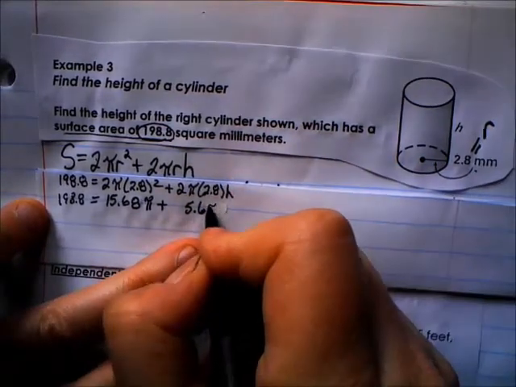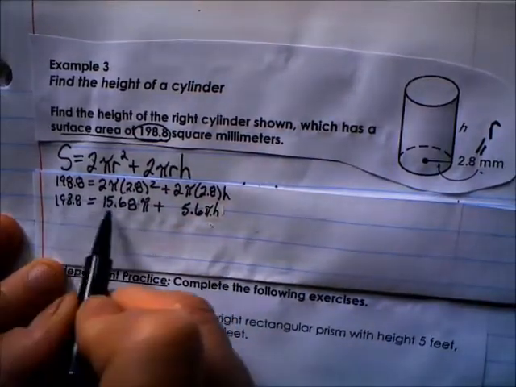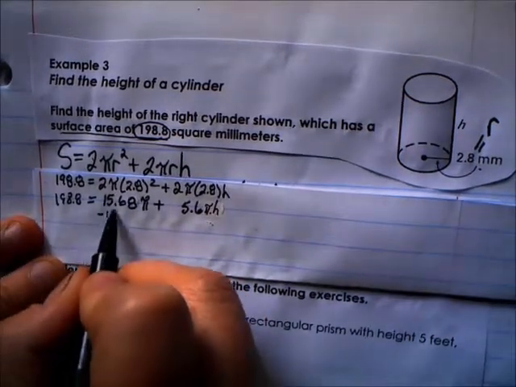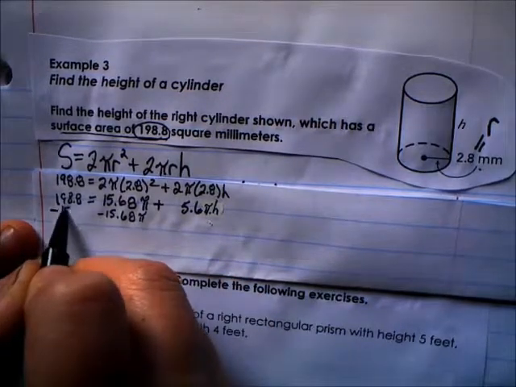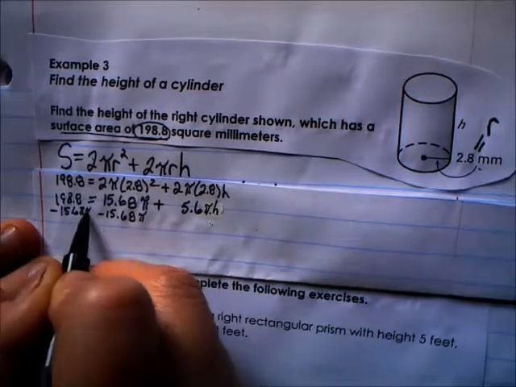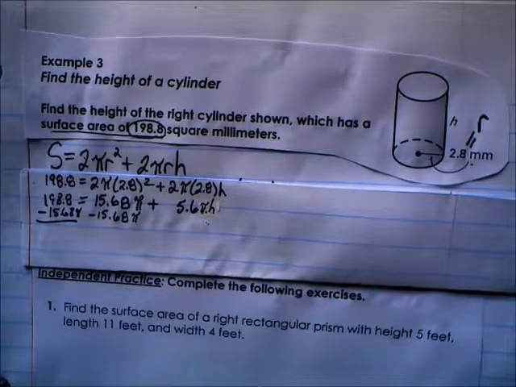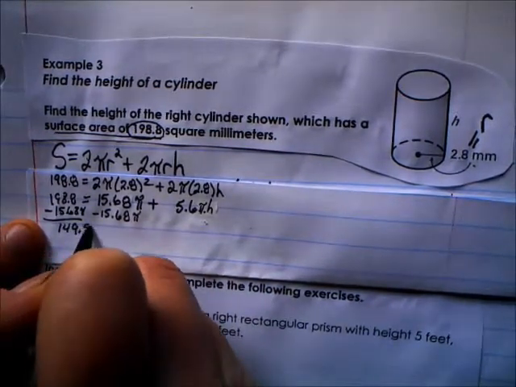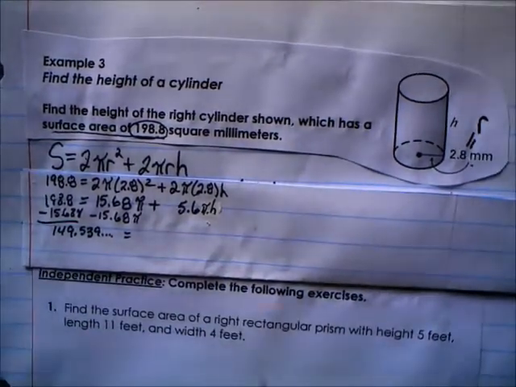Let me stick my pi in there, and then an h. Now I'm going to subtract 15.68 pi from this 198.8 in my calculator, and that gives me 149.539, on and on and on. Keep that in your calculator. It equals